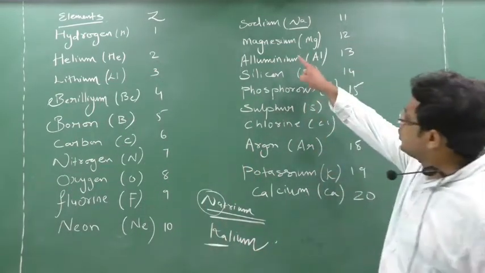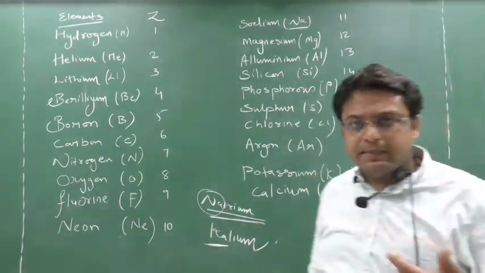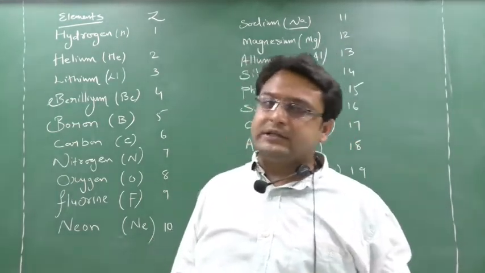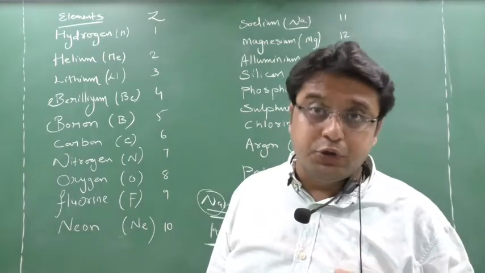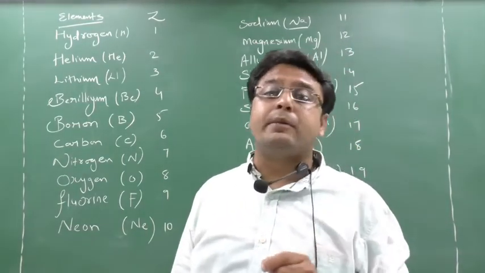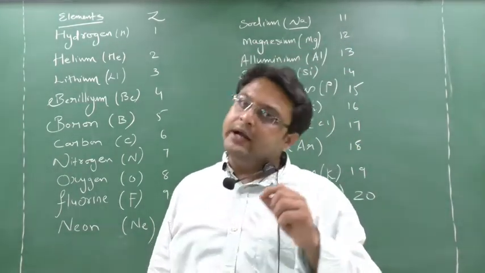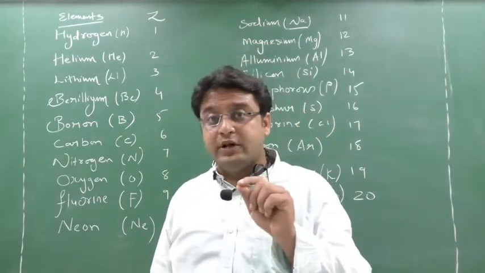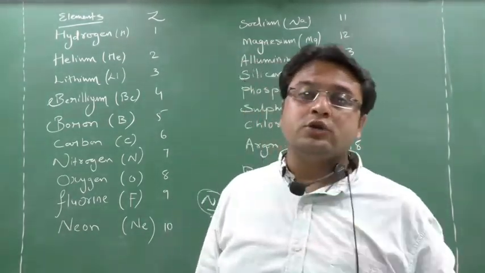See, it is not only sodium and potassium, there are many other elements in the periodic table. When I go to further classes, I will tell you. Like for example, copper. The copper symbol is Cu, but the copper spelling is C-O-P-P-E-R. So you might be wondering, it must be Cp or Co or Cr. But the copper symbol is Cu. So why is it Cu?